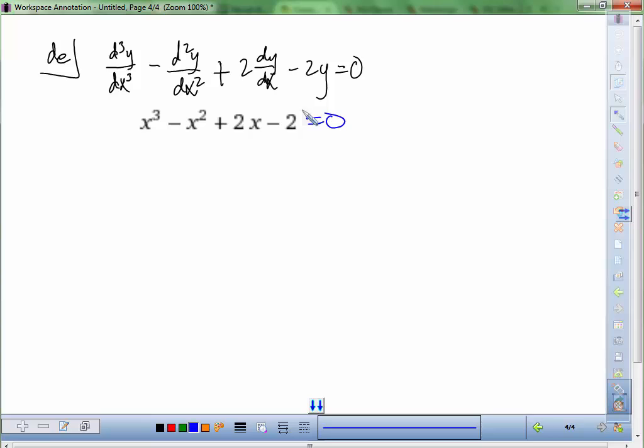And if you do your work to factor this, you should be able to factor out an x minus 1. Then it should be an x squared plus 2 left. Maybe you should FOIL this out and make sure. Yeah, so what's going to happen is that you can't factor x squared plus 2, at least not in the real world. And so if you try to solve for x there,